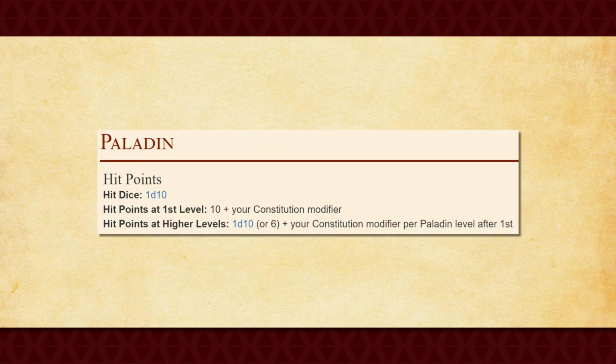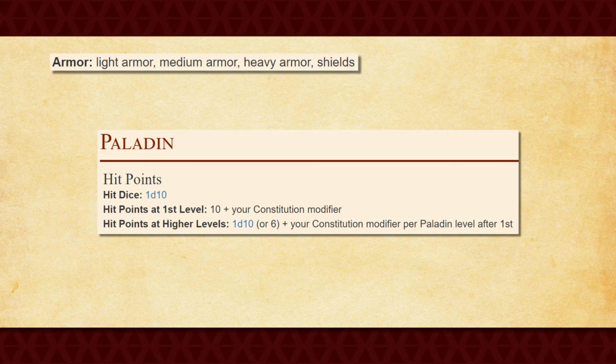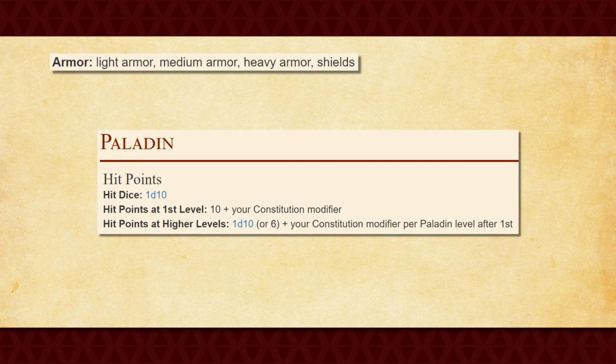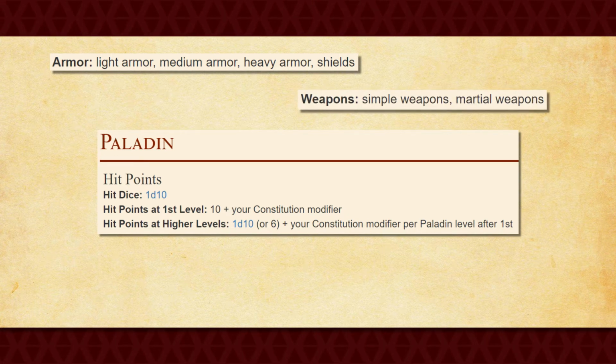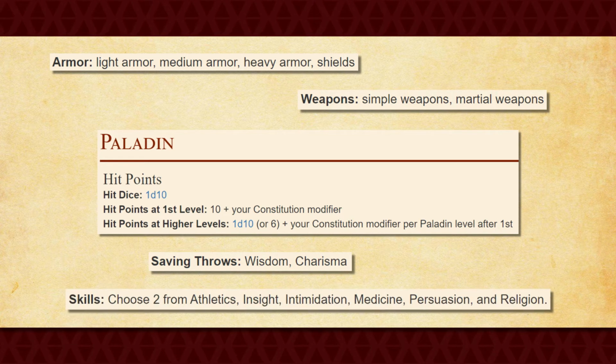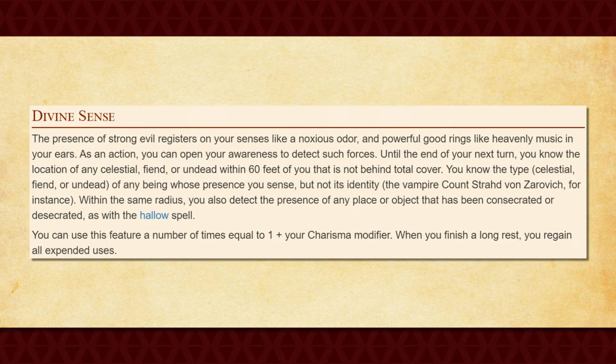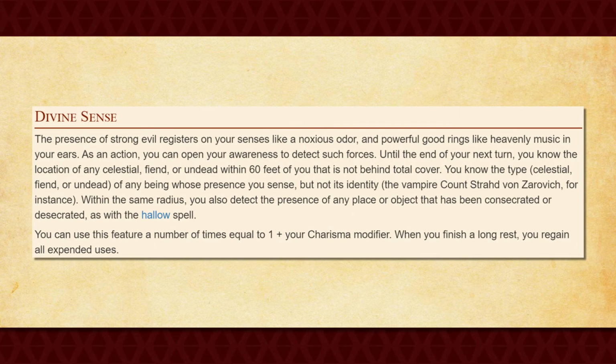At first level you get a D10 for your hit die, proficiencies in light armor, medium armor, heavy armor, shields, simple weapons, martial weapons, wisdom saving throws, charisma saving throws, and 2 skills of your choice from athletics, insight, intimidation, medicine, persuasion, and religion. You also get Divine Sense, which allows you to use your action to sense the presence